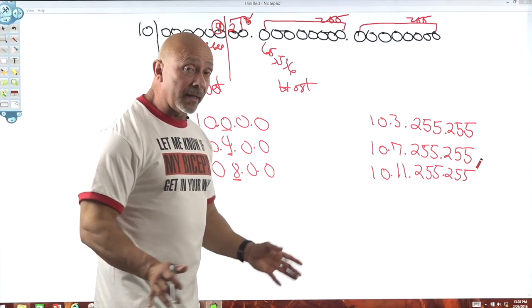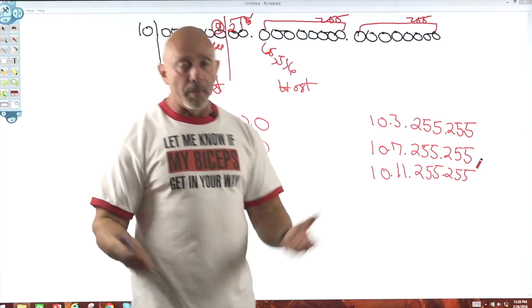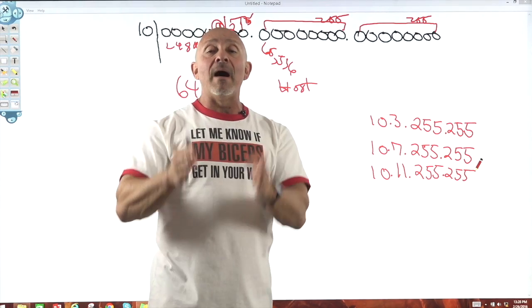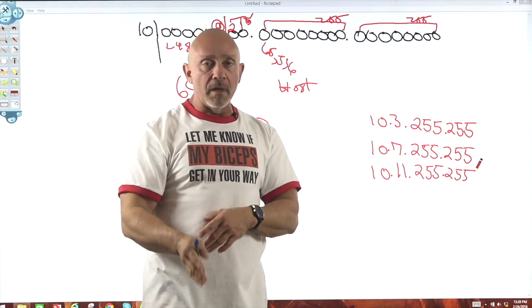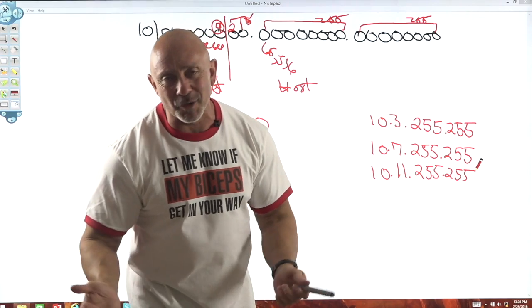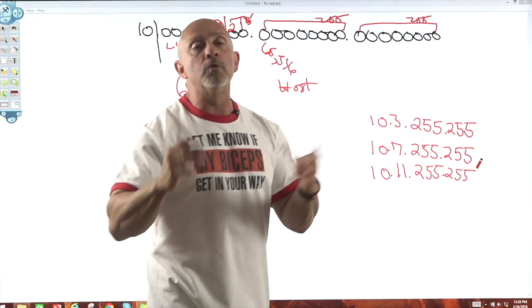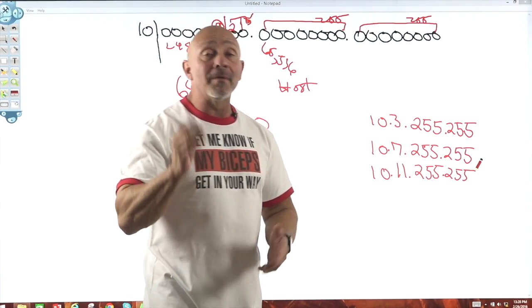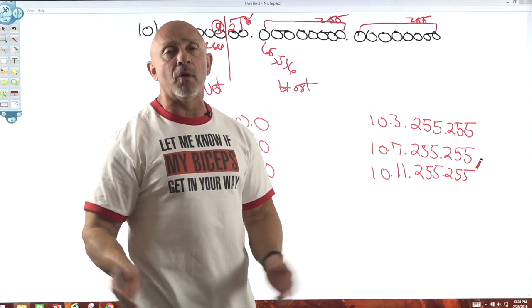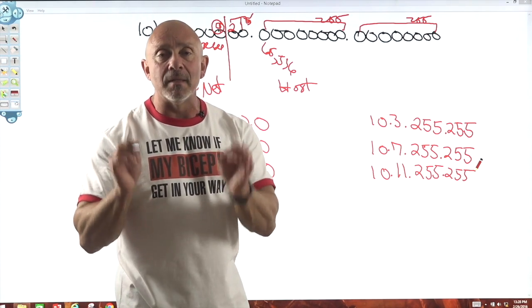I hope this clarified it. I hope it helped some people. But again, follow the concept. Draw the line. After a while, this becomes second nature. Just by looking at a mask, you'll know what's going on. And remember, that is the key to subnetting in IPv4. Take a look at the mask.